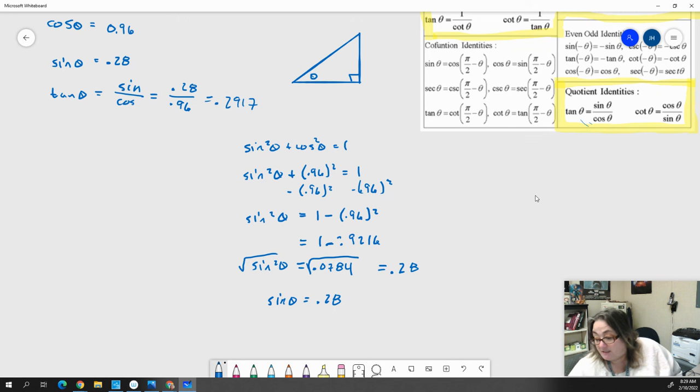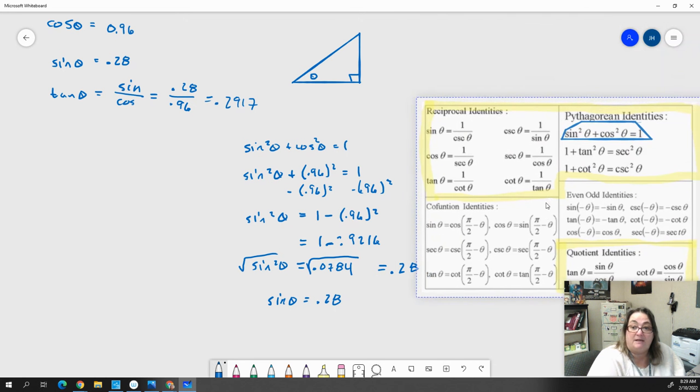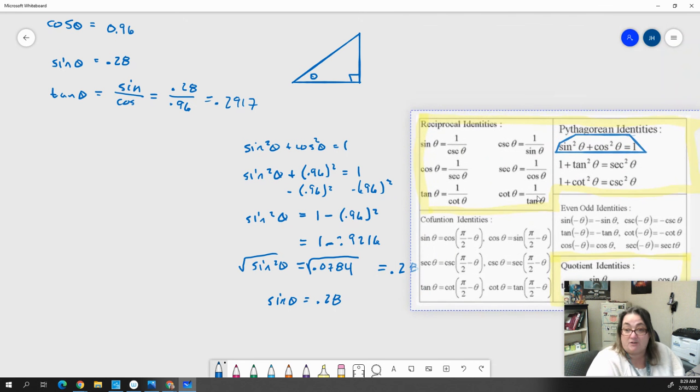Sometimes you're going to be given all sorts of different things to work with, right? It's not always going to be a Pythagorean identity. Sometimes you're going to get,